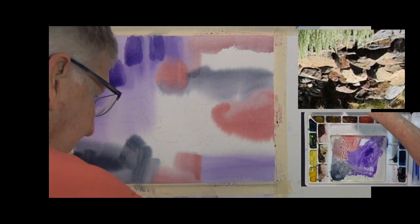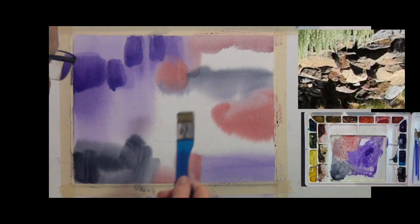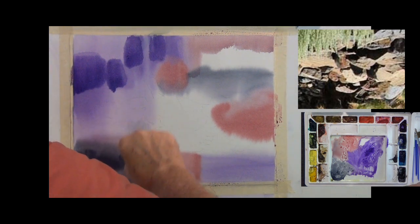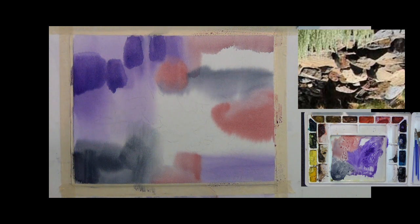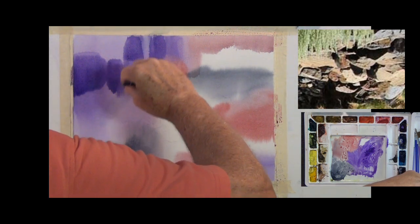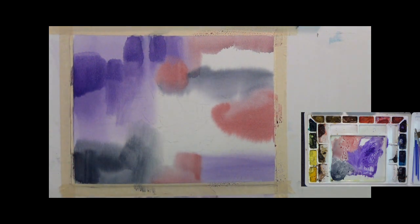Forgot about my brush here, that I can use my 1-inch brush and get it slightly wet and take these colors here and just sort of pull them together like that. And this gives me some soft edges where I had a lot of hard edges before. Okay. Keep the paint out of it, go back and get it